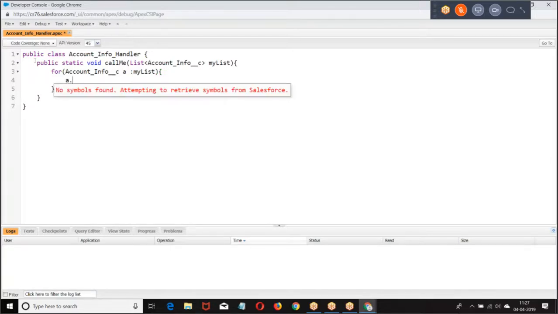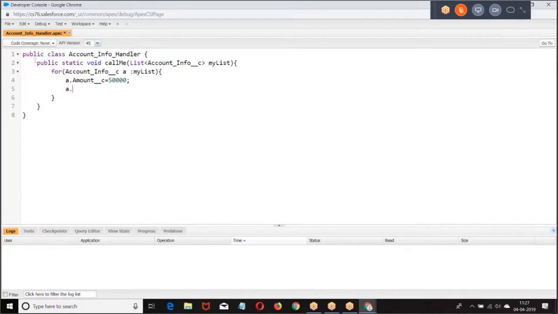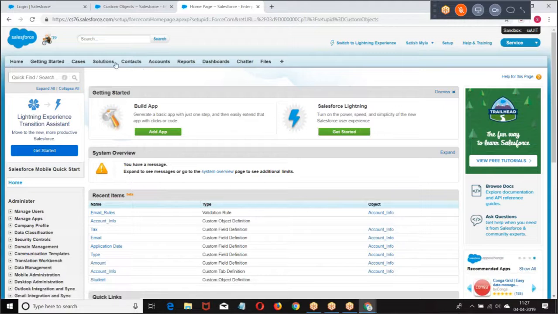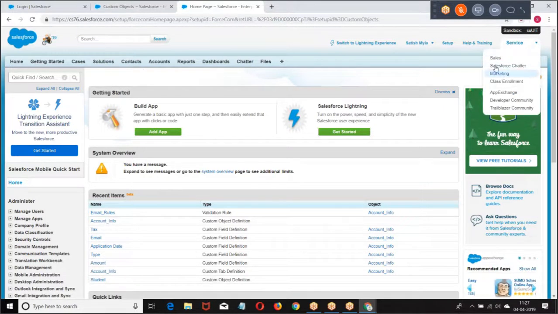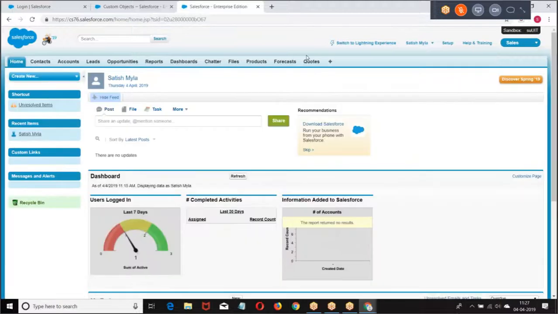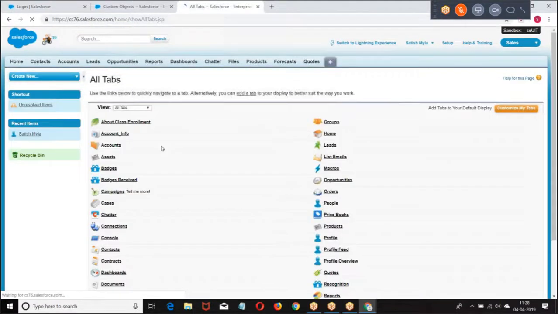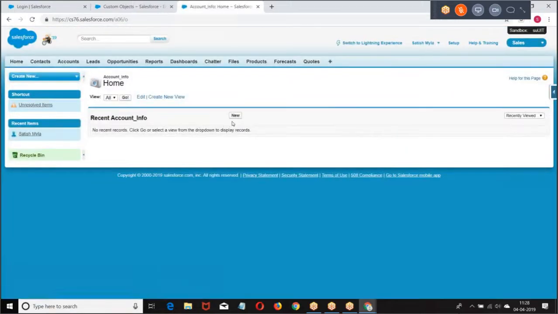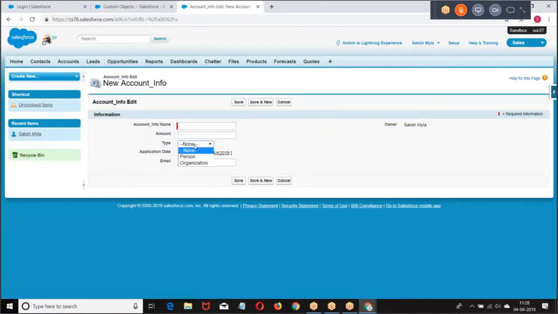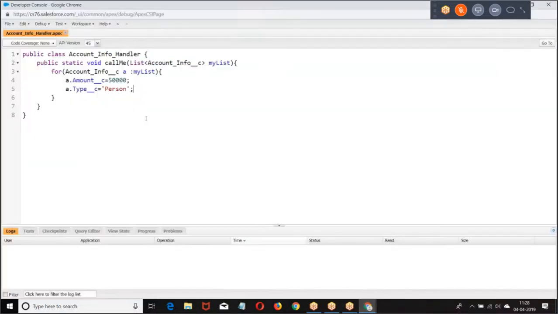A dot type equal to, this I give. Info. Right. This is the operation.